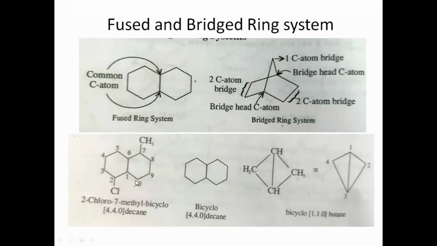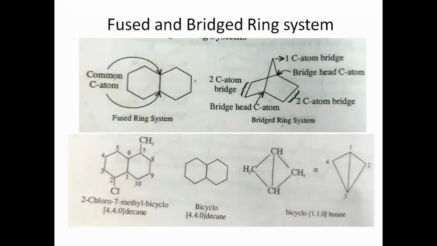So if we have to number or give the name of this compound, okay, we have to name this compound. Then we will take this simple one. Then you will write the bicyclo, then square bracket. So in the bridged and the fused ring system, remember, you will write the word bicyclo, then you will draw the bracket, okay. Then we will count the number of carbon atoms in the ring.